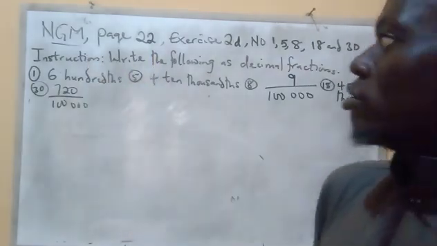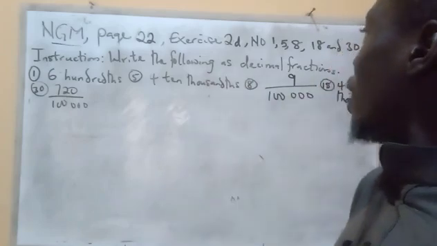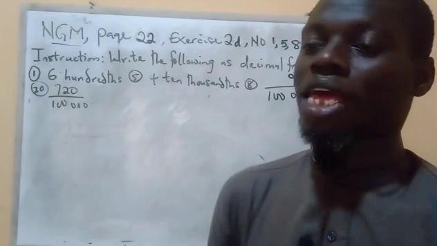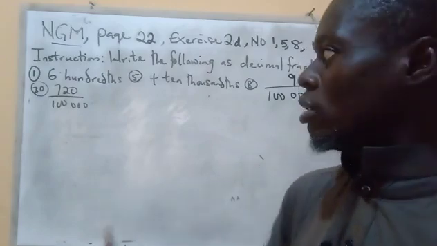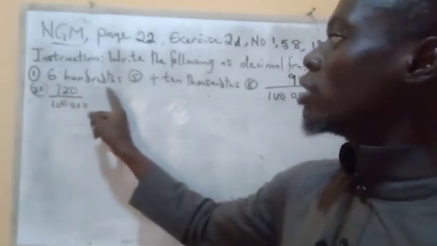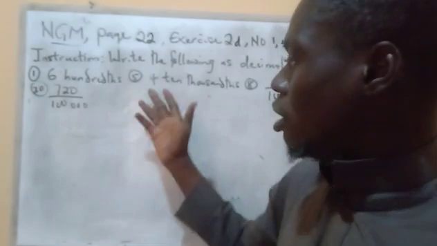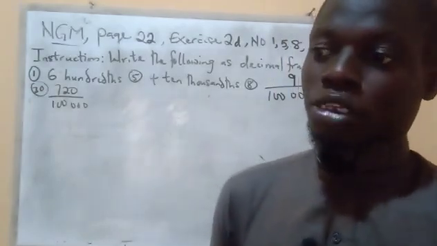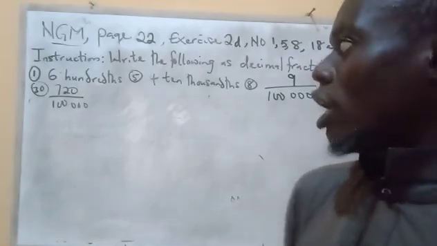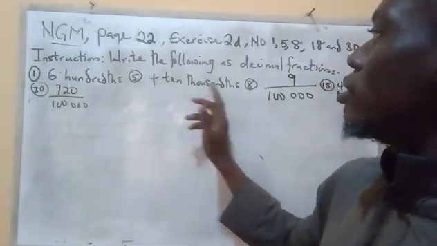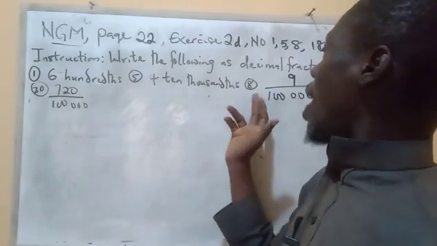The instruction says, write the following as decimal fractions. The first one says 600. That is the number 1. I expect you to have your textbook with you and learn with me as we move. The number 5 says 4 times thousands, while the 8 says